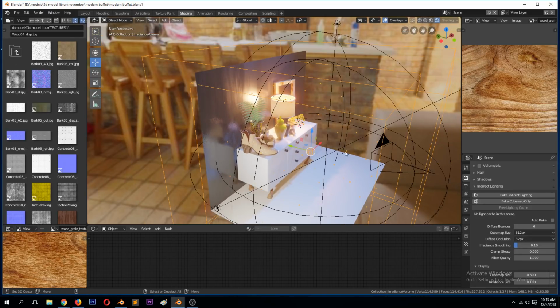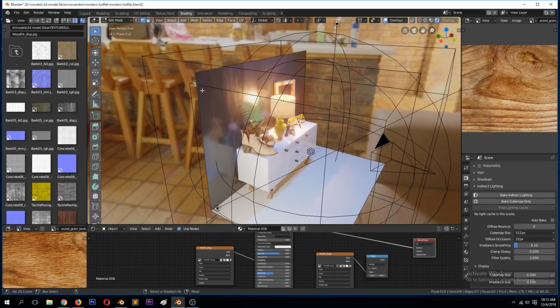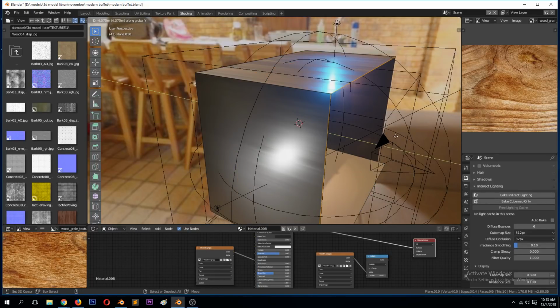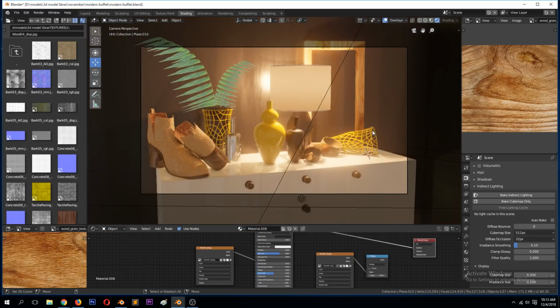But if this was inside, then that baking would really make a difference. So let's see if I extrude these. This is how it would look without the baking. Now if we bake,